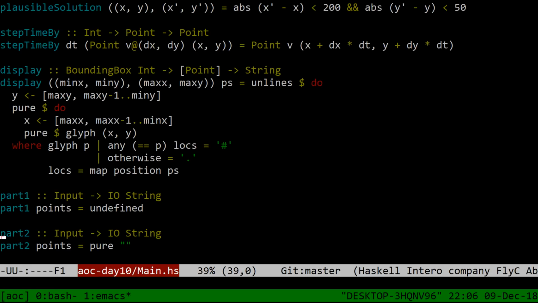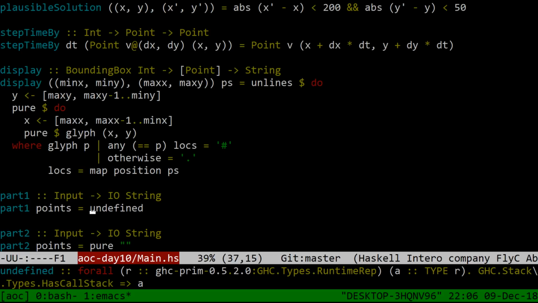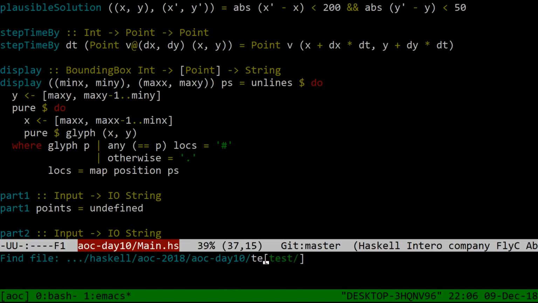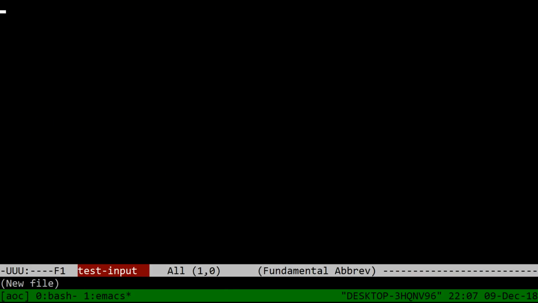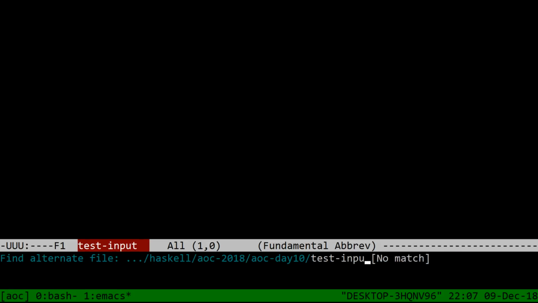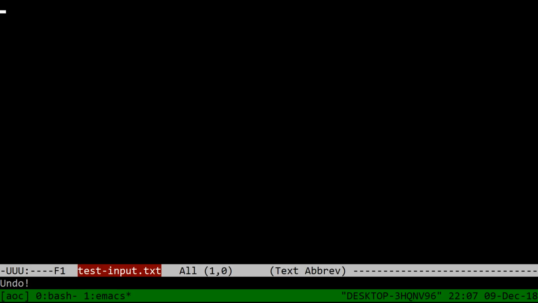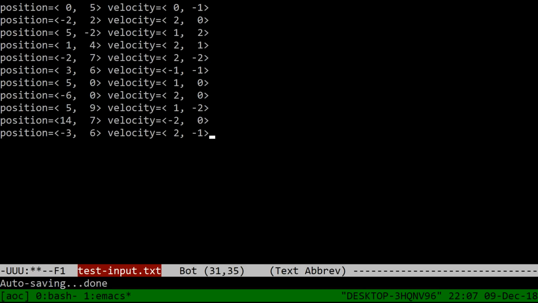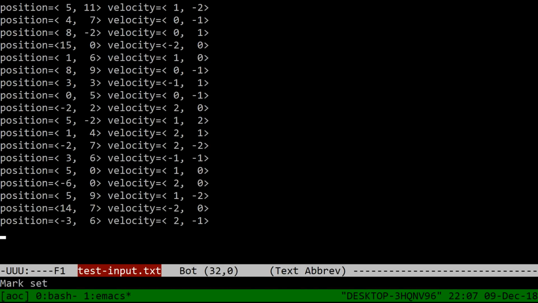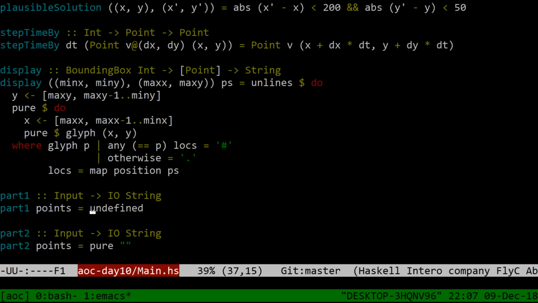So what I want to do first is maybe take their test input that they gave, and just run it through a printer, basically. Forgot to put the text in there. Cool. Now,